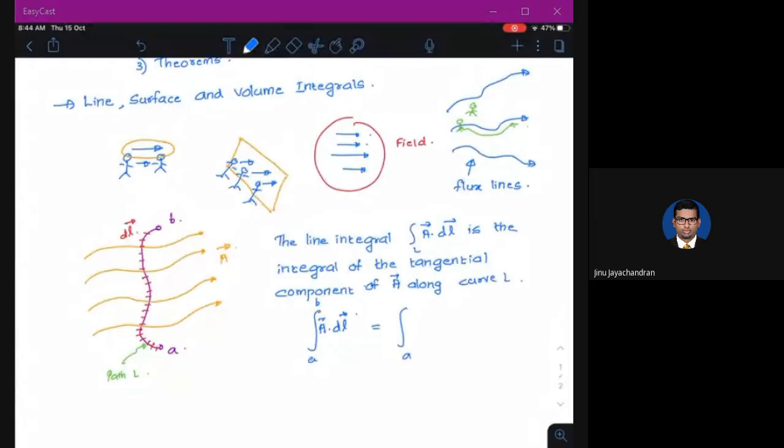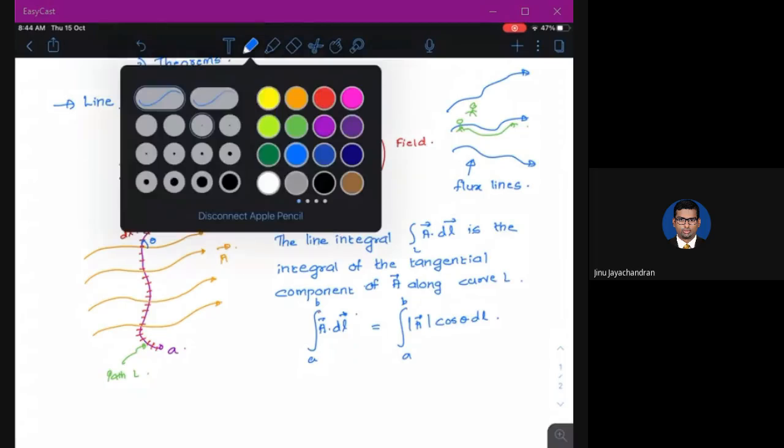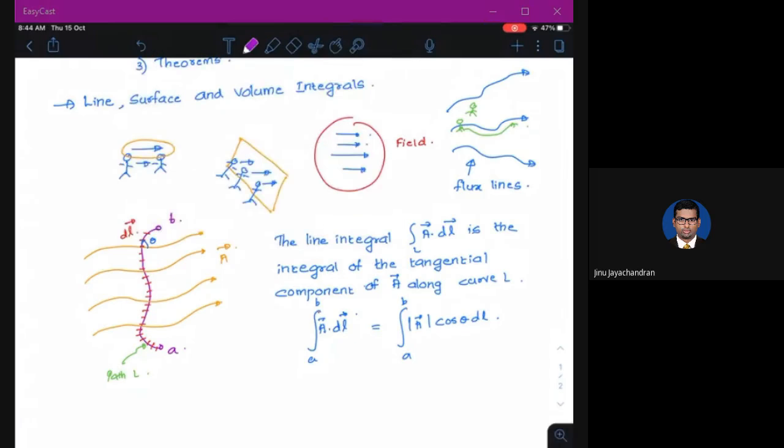So this can be represented as the magnitude of A into cos theta into dl, where theta is the angle the dl is making with the vector. So at different points, it might be making a different angle. Right? This is called the line integral. Now, if the path you are considering is a closed path, like this, so it is closed,